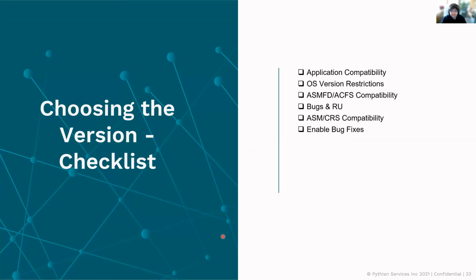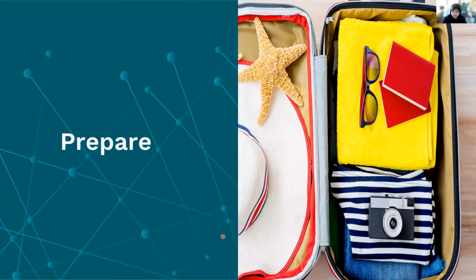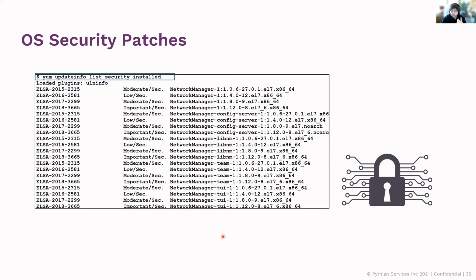So now that we've determined our version, that we know where we are going to, and we've chosen our particular bug fixes, now we've got to prepare, right? What are some things that we can do other than the usual OS preparation guide that we get from Oracle? Most of the things are covered by the pre-installation RPM nowadays, so let's not talk about that. Other than that, use this opportunity to ensure that your OS is up to date and you've got the latest security fixes applied.